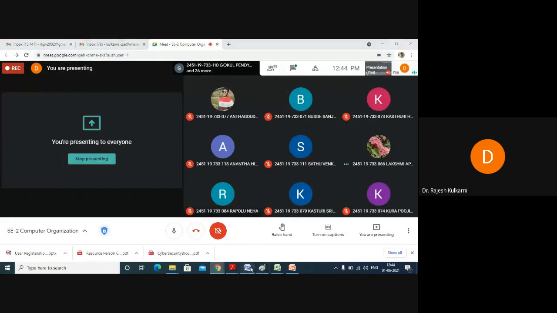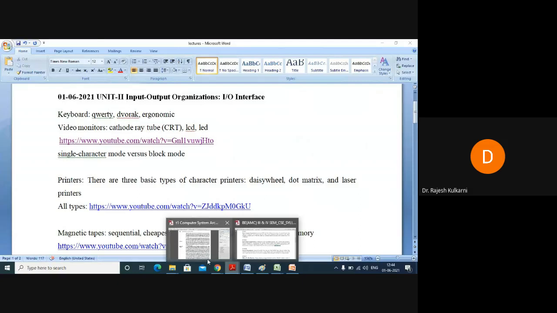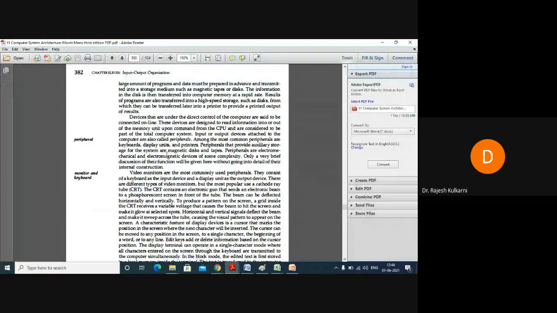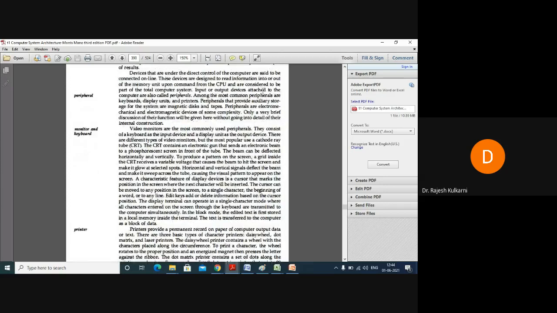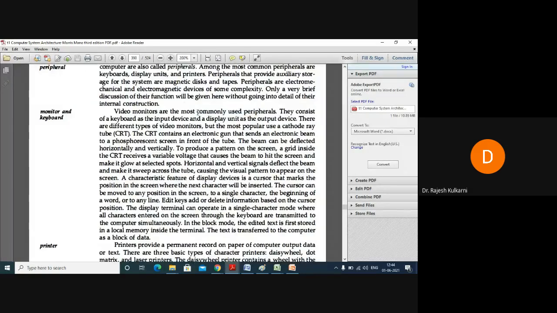Yeah. So this was what I was trying to show you, the cathode ray tube video monitors. Let us compare that with our syllabus book also, if it is mentioned. Yeah, as you can see here, video monitors are mentioned in our syllabus book. One of the types of video monitor screens is the cathode ray tube. And the cathode ray tube, as you can see, has an electron gun which sends an electron beam onto a phosphorescent screen. I'm just reading out whatever you had seen in the YouTube video also.